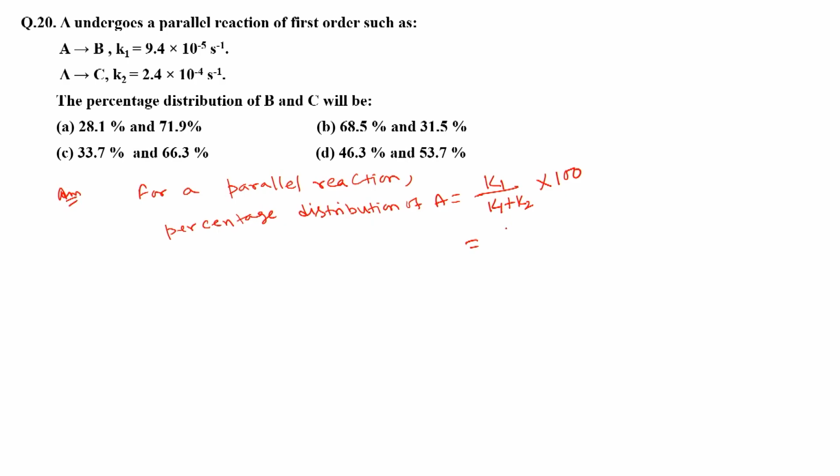So value of K1 is given 9.4 times 10 to the minus 5, and value of K2 is 2.4 times 10 to the minus 4, so times 100. So we get 28.1%,